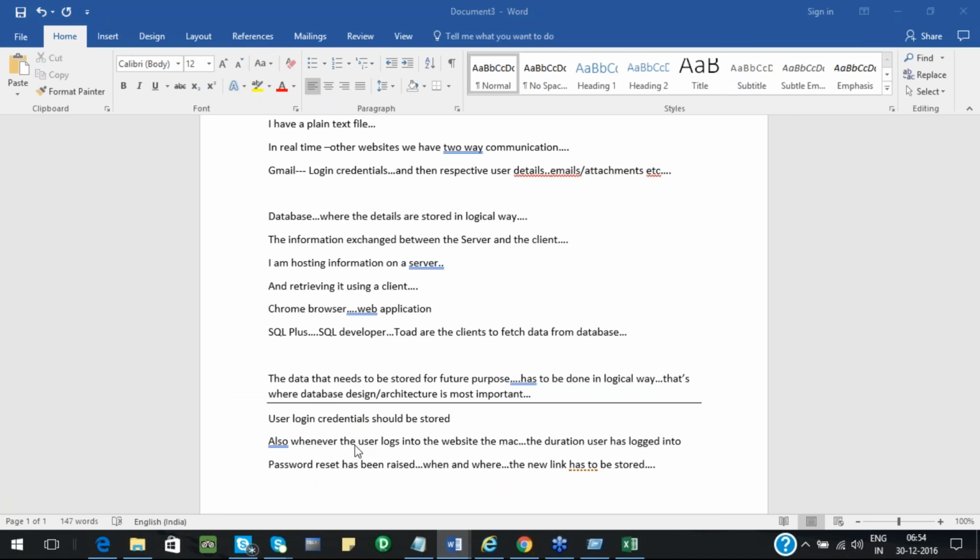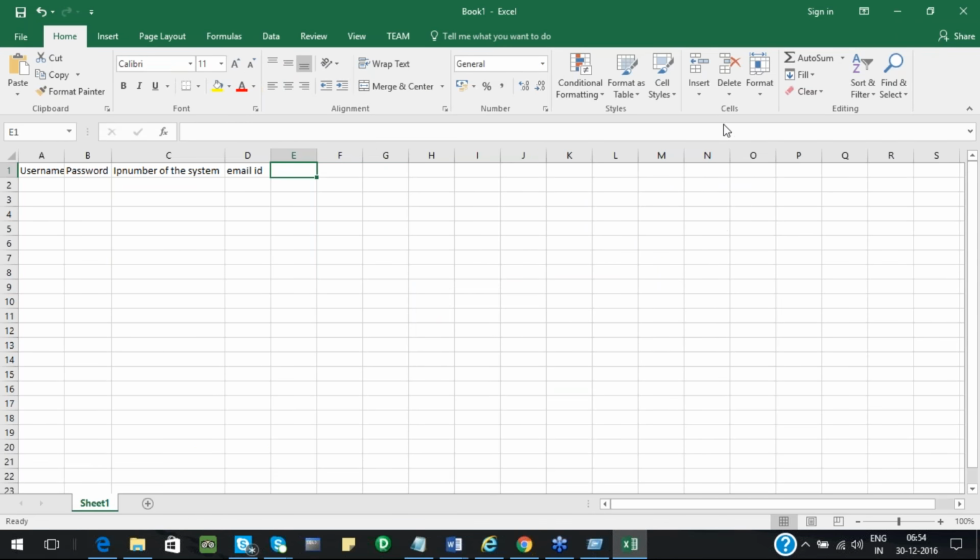The second point is whenever the user logs into the website, the duration he has logged in, that information should go. So should I continue here or enter it as a separate sheet? Separate sheet. Okay.